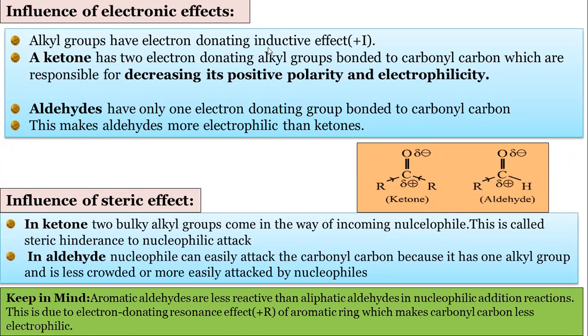Alkyl groups have an electron donating effect. They show a plus I effect. In case of a ketone, there are 2 electron donating alkyl groups bonded to the carbonyl carbon, which are responsible for decreasing its positive polarity and electrophilicity. See, in these 2 examples it is shown. This ketone has 2 R groups. This R group will donate electron density to this carbon, and this R group will also donate electron density to this carbon. So this decreases the positive polarity and electrophilicity. And in case of aldehyde, as there is only one R group,